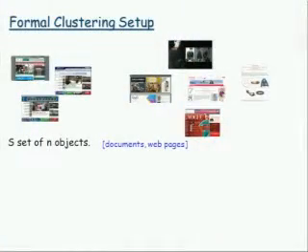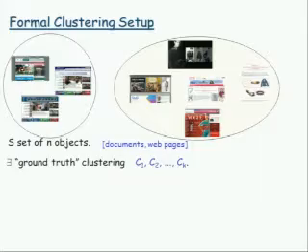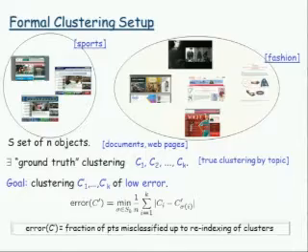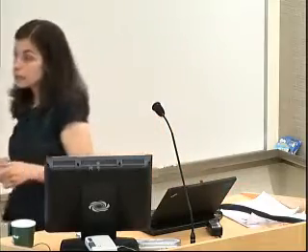Now, many of these clustering problems can be formally modeled as follows. We assume that we are given a set S of n objects, say, n documents, and that there exists some unknown, correct, desired target clustering. That means each object has some unknown true label, in this case, the topic. Our goal is to find a clustering of low error, where the error of a given clustering C' is defined as the fraction of the points that are misclassified with respect to the target clustering, up to the indexing of the clusters.